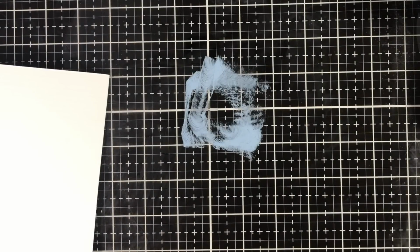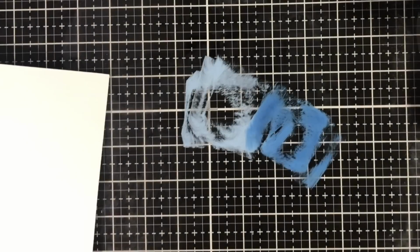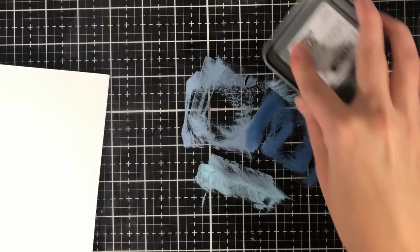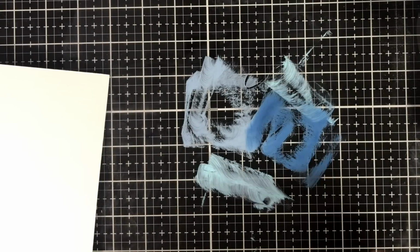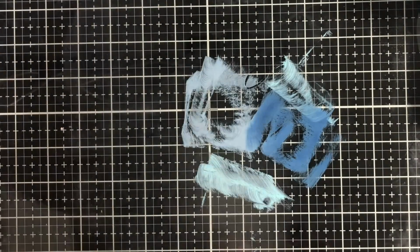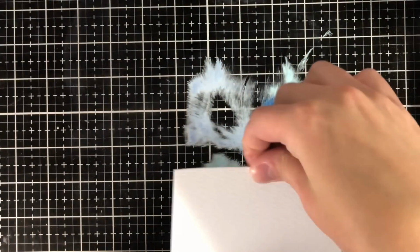Setting my cardstock off to the side here, I'm grabbing a couple of colors of Distress Oxide inks. I am using some Tumbled Glass, some Stormy Sky, and some Salty Ocean here, and I'm just putting it onto my glass mat directly. If you don't have a glass mat, you can put it onto a piece of acetate or the plastic that your stamp set comes on, anything that's a non-porous surface. I'm going to grab my Distress sprayer and just add some water to the watercolors,